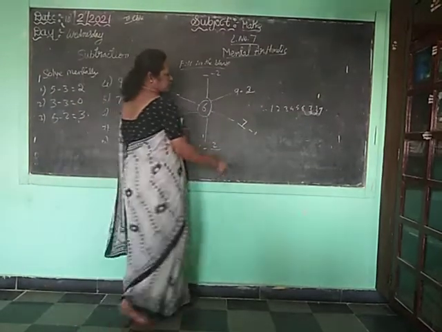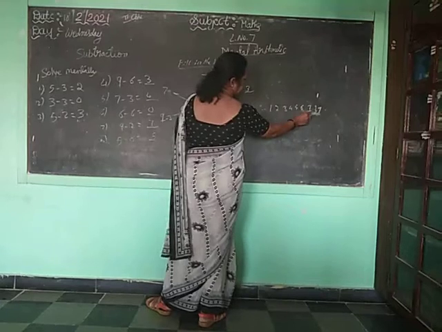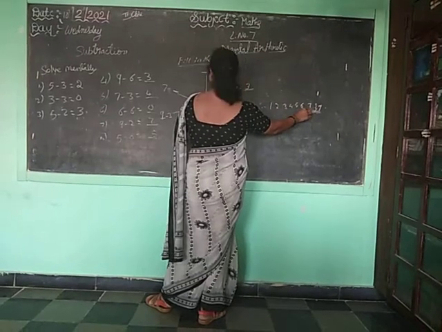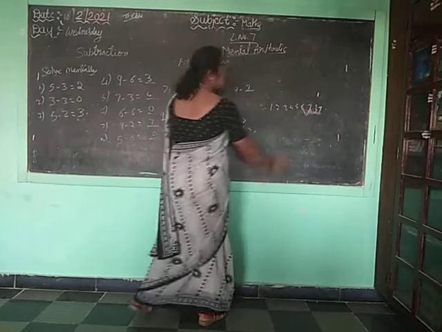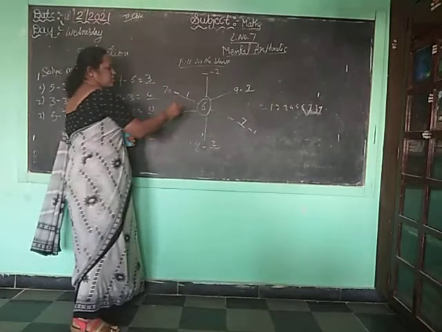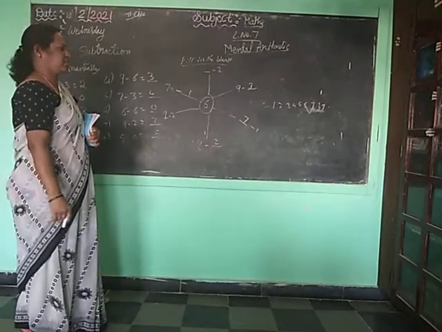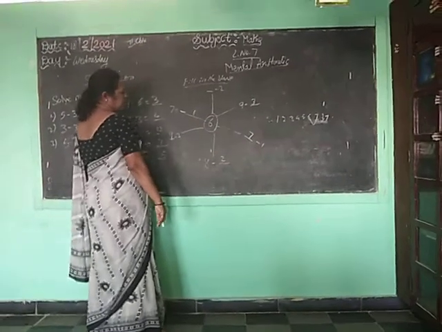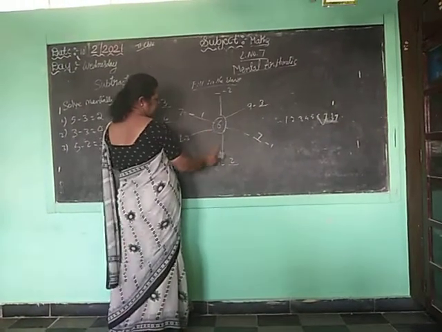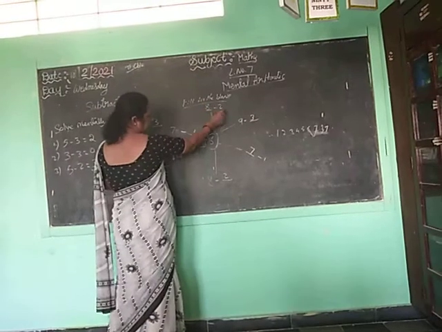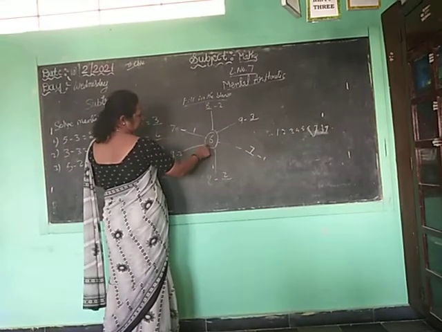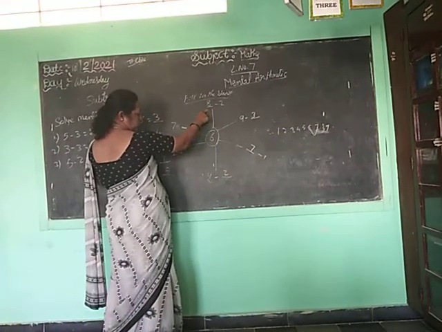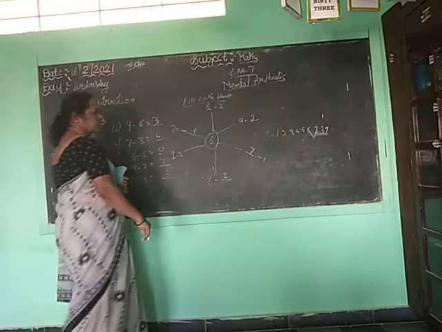How much do you have to minus from 7 to get the answer 6? One. So 7 minus 1 is how much, children? 6. 7 minus 1 is 6. Here 8 is there. 8 minus 2 is 6. But 2 is there, so what number should you write? 8. Okay, children.